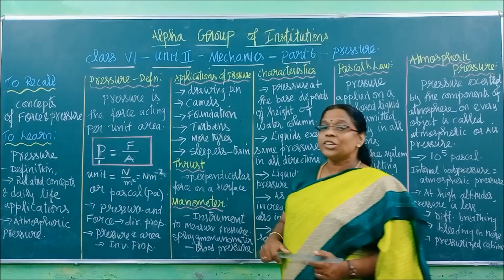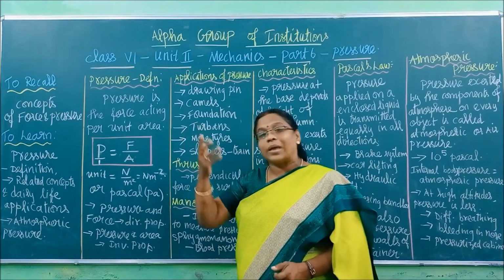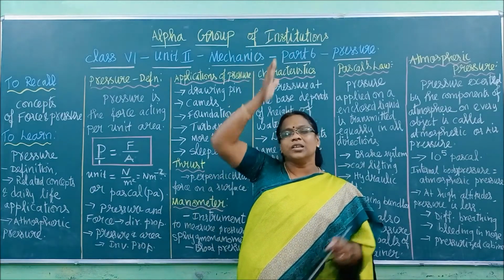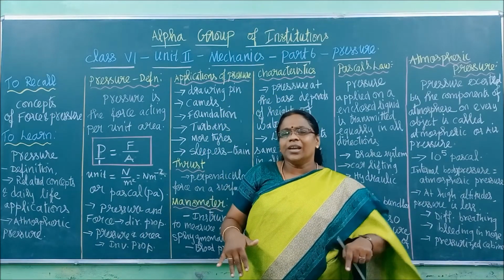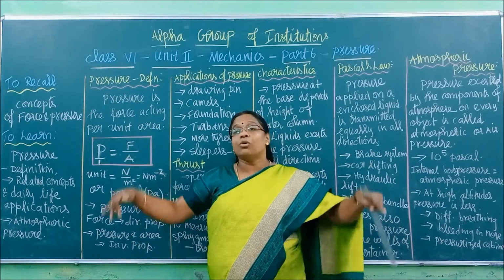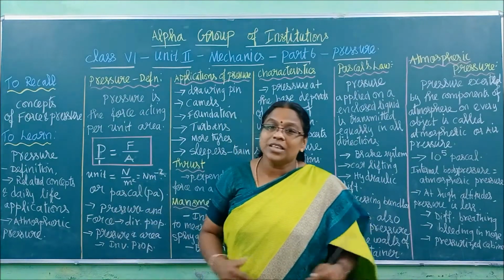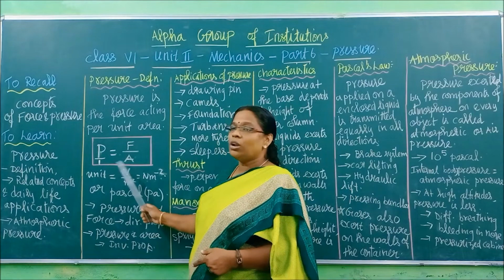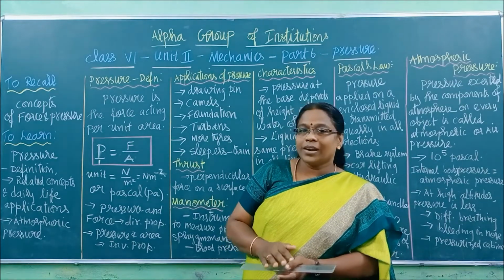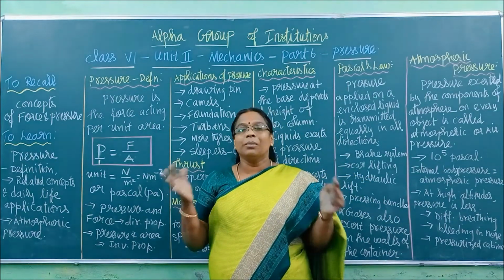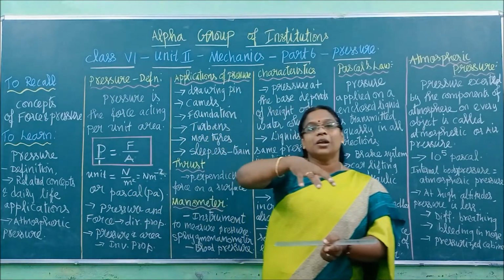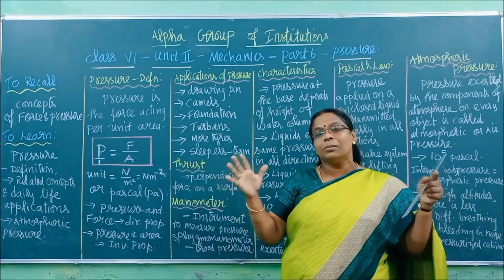Next one is the foundation of high-rise buildings. You can see apartments in cities and towns, and in our locality too. The high-rise buildings are tall, but when you see one under construction, the foundation is made very broad. Why, do you know, children? A broad base means the area will be more. If area is more, pressure will be less. So buildings exert less pressure on the ground. So even if there is an earthquake, the building will be safe. As the building has a larger area, the pressure exerted on the ground will be less, so the building will be safer.